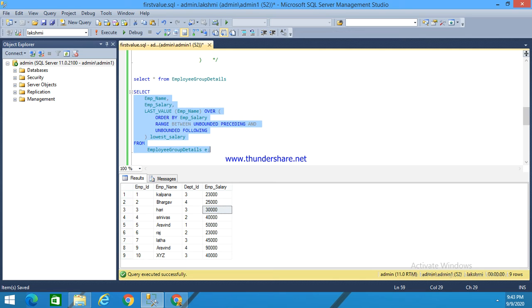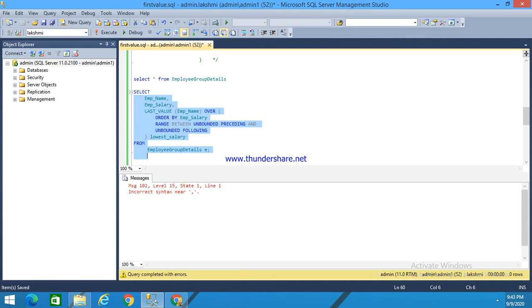Here I have not given a partition, which means it will take the whole result as one set and give the last value of that result.